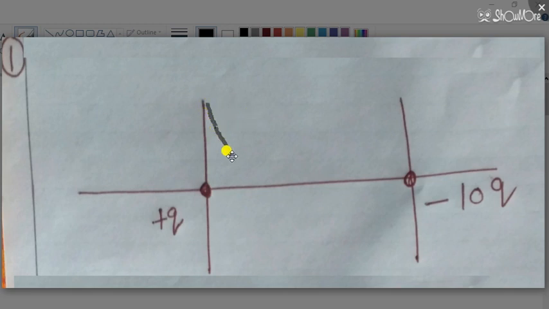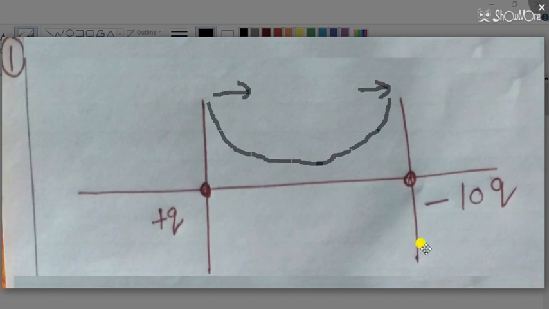Now you can see it is decreasing. It is starting from maximum value, then decreasing in this way. In the same way, from negative, the electric field is towards the right direction. Then it will start from the positive y-axis, and in the same way the electric field is towards the right direction due to this positive charge. That's why it is starting from the upper end.